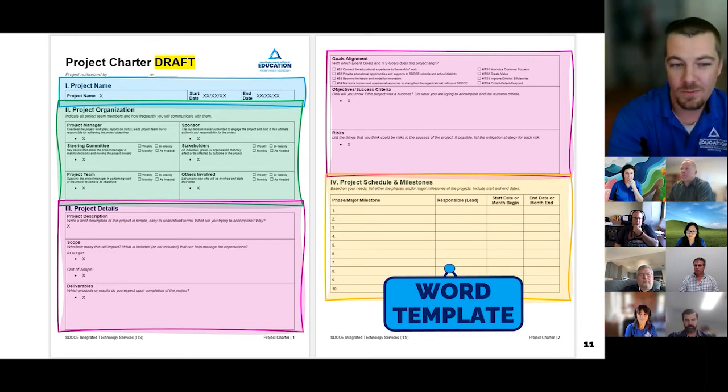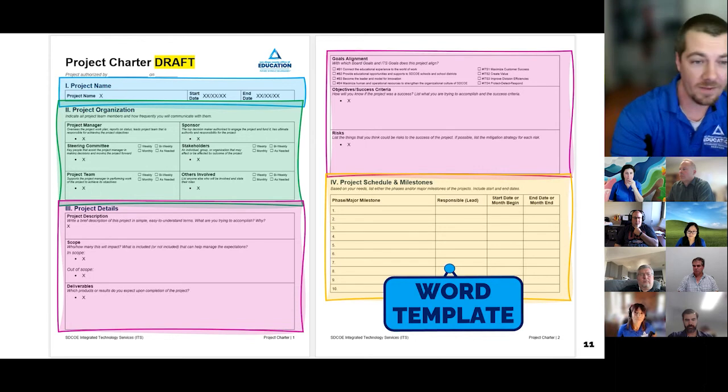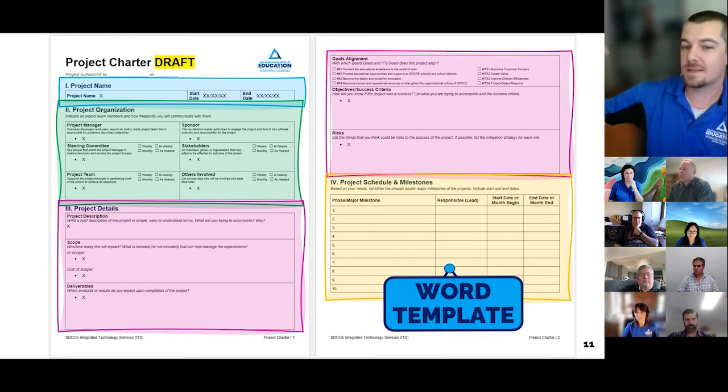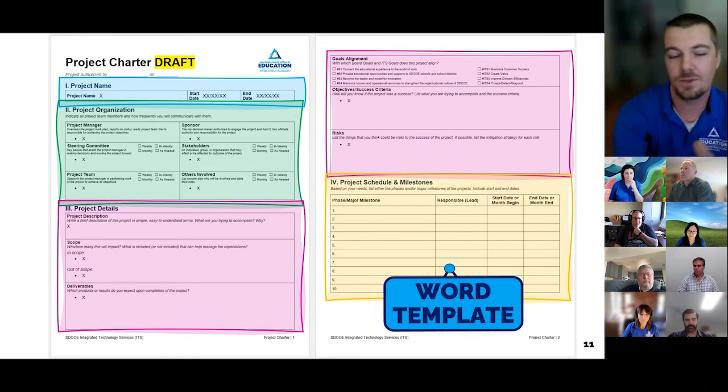So we don't want to miss the forest for the trees, for example. And then finally, we've got the risks. Now, risks will emerge throughout the project. You can't see every risk ahead of time, but you really want to kind of break down what are the risks that I know of ahead of time, and if possible, the mitigation strategies for those risks. And they don't have to be risks that are occurring now. They could be like, okay, it's halfway down the line. What if this happens? How are we going to handle it? Try to just figure that out as much as you can ahead of time.